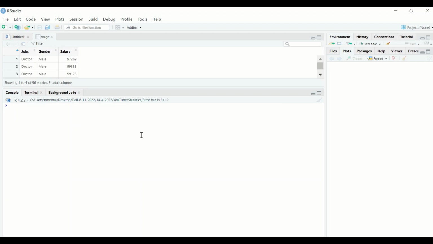We're going to generate a new object, call it wage summary, and then use the assignment operator and use the data from the wage, and then pipe that,